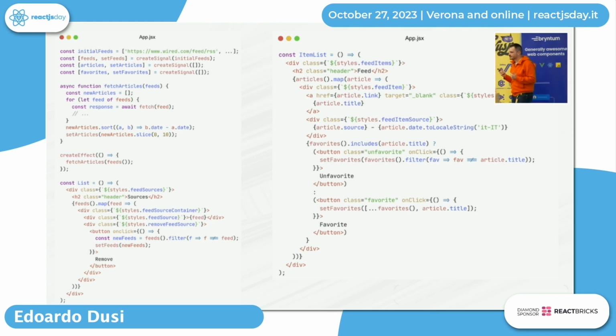And I'm reacting to changes, so when articles changes, again, I'm re-rendering only this part of the DOM, only what's inside this. The same for favorites and the same for everything else. And so that's where it differentiates from React. Again, I'm not re-rendering the entire component. I'm just rendering the part that changed.